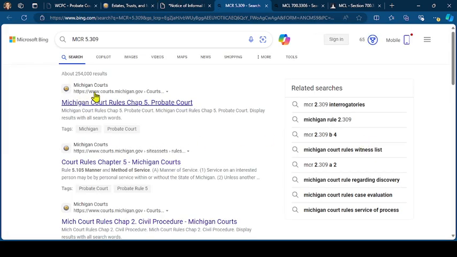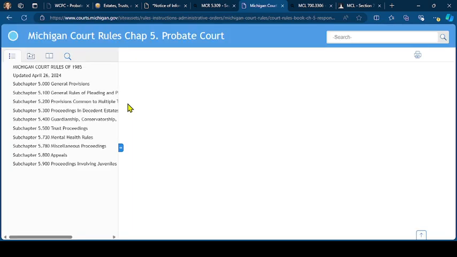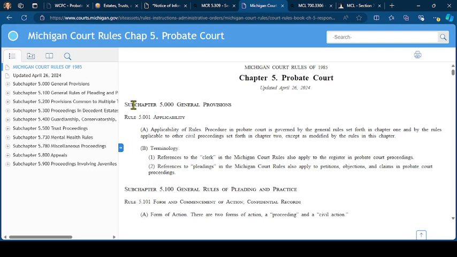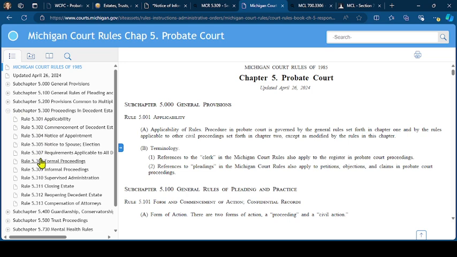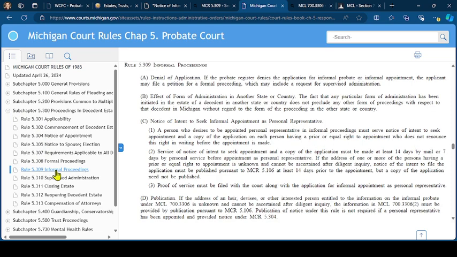Again, you want to make sure for the court rule that you're clicking on www.courts.michigan.gov. This is the Supreme Court website, the same one where you got the form from. It was MCR 5.309, informal proceedings, and here's the court rule. So that is how you fill out form